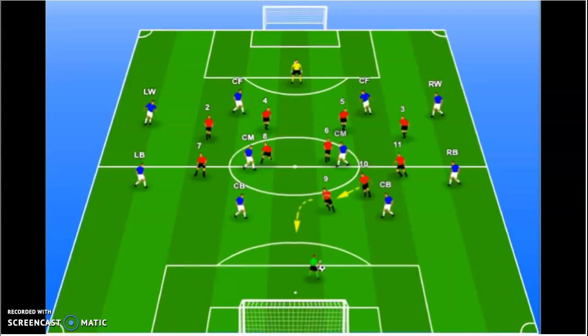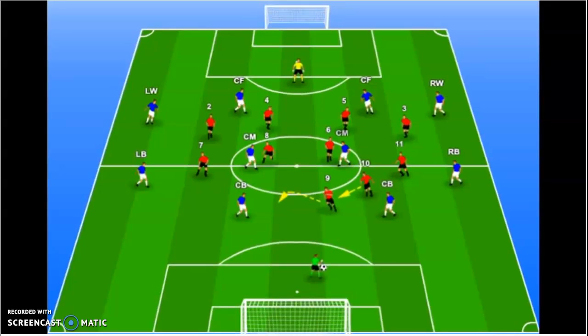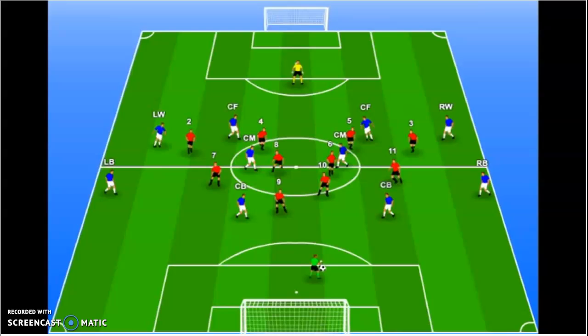The red forward here could go straight after the ball, close the keeper down, maybe force him to go long, or he might hang out the box, give the keeper a second, let the red team move up the pitch, and actually encourage the keeper to go short, which we could then